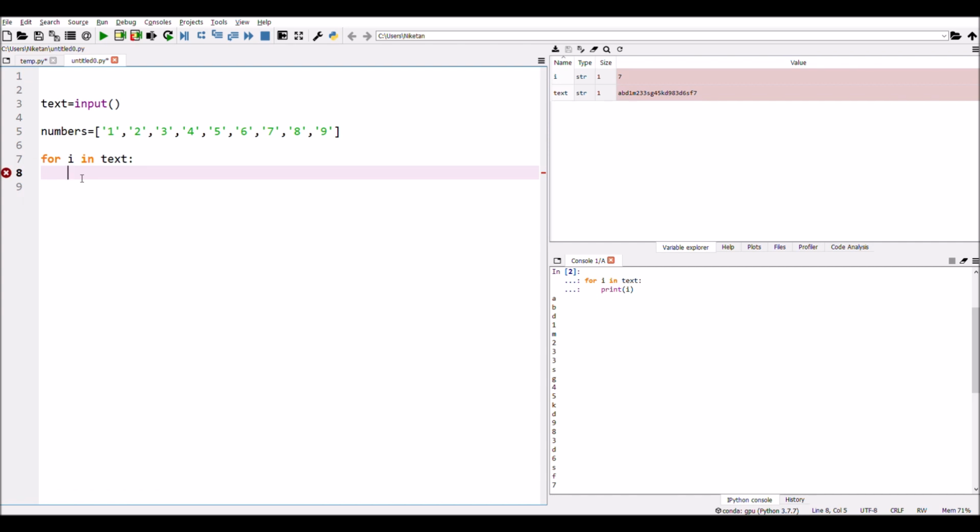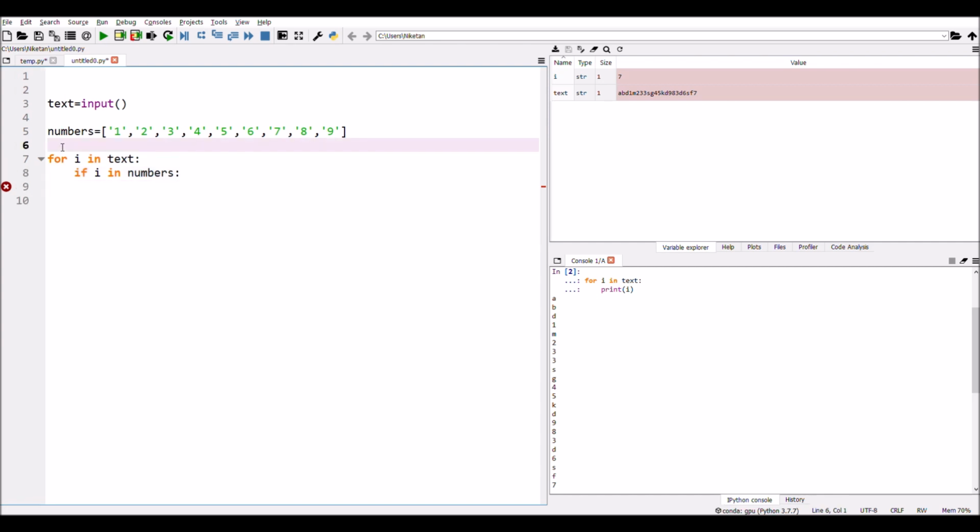So what we will do is we will compare the i with the elements in the numbers list. So if i in numbers, what this means is if i is a numeric character, we will go into this if condition.